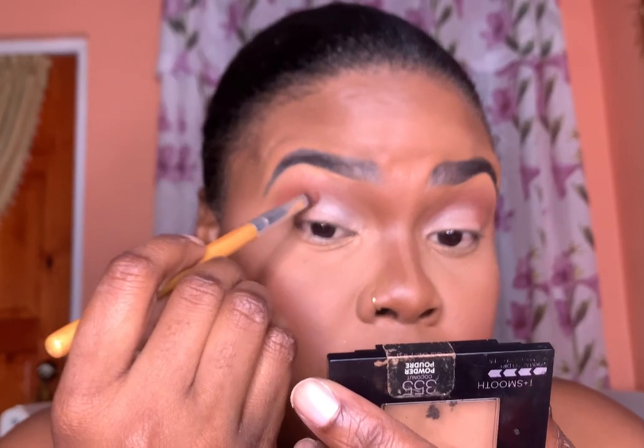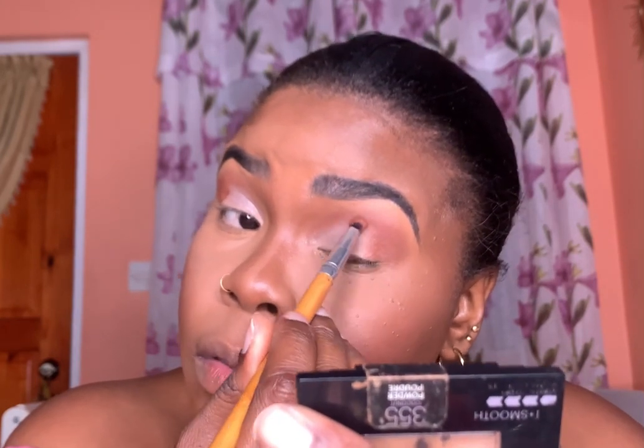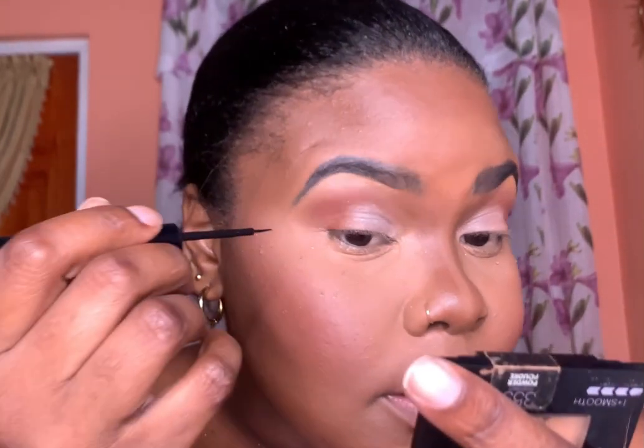So I'm going to go in with a little of that brown again, just to blend. And remember, we want no sharp cuts or lines. Right. And I'm using the NYX Liquid Liner, again another holy grail in makeup. Yes, so